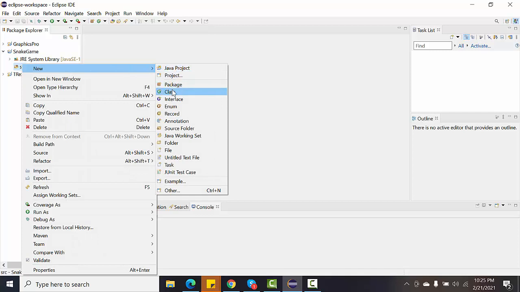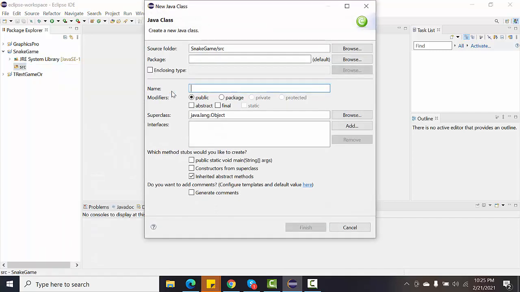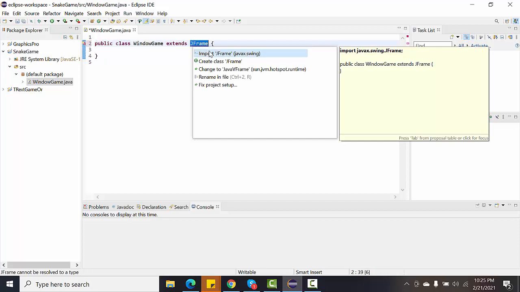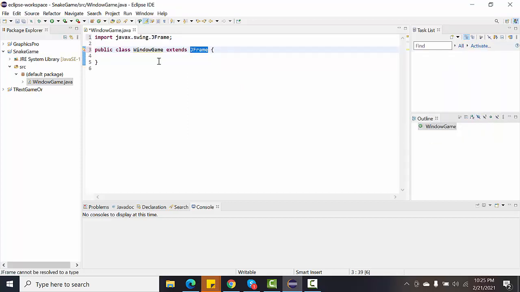And here I will create a class named window game. The window game I just extend from JFrame. A JFrame is a window on the Windows system, or some other OS like Apple, Mac. It is just a frame, a window like this window of the editor. Okay,